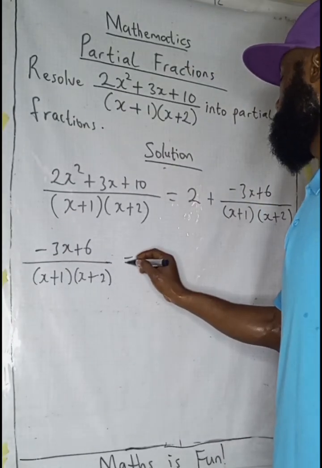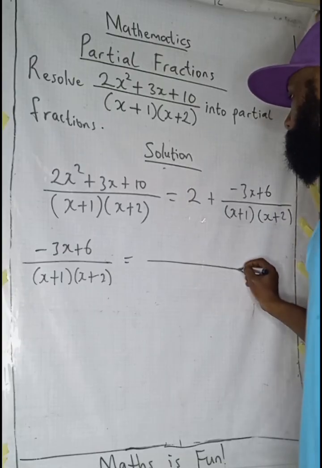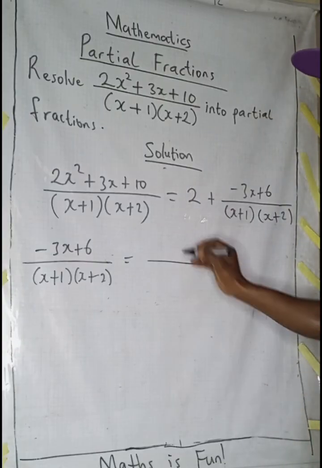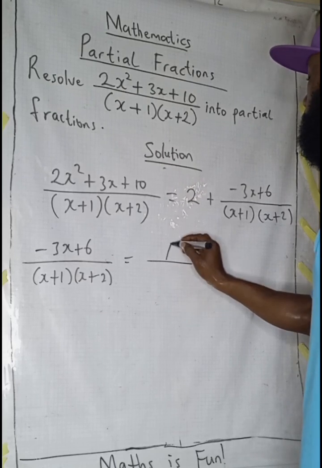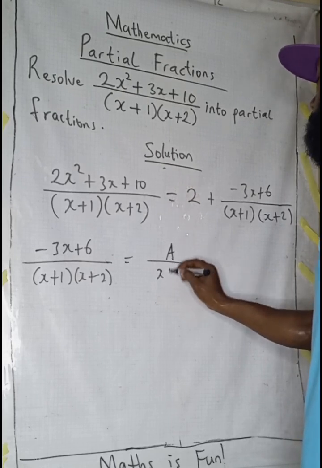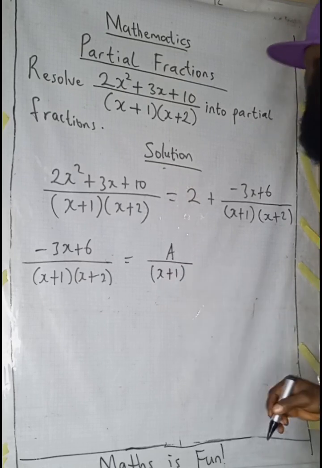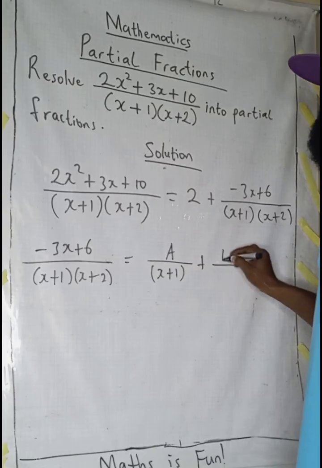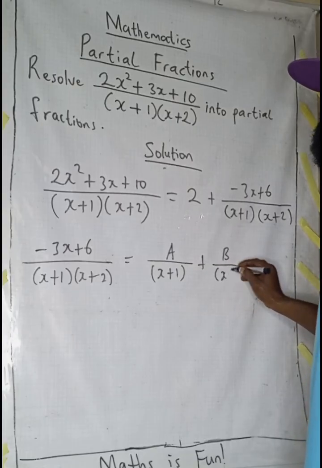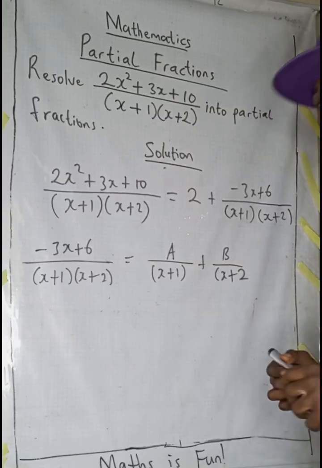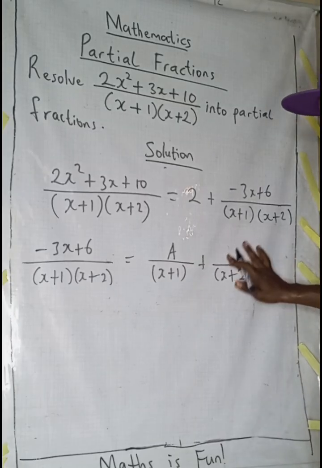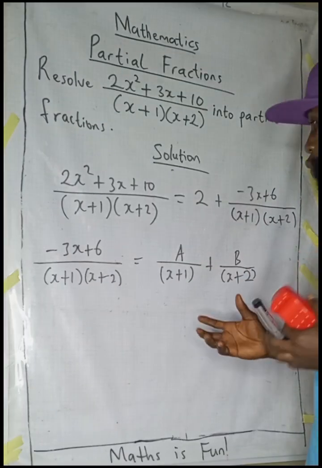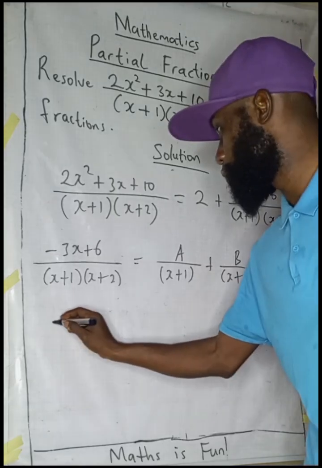So it's going to be equal to a over x plus 1 plus b over x plus 2, right? So that's what we have. So what do we do next? You're going to have minus